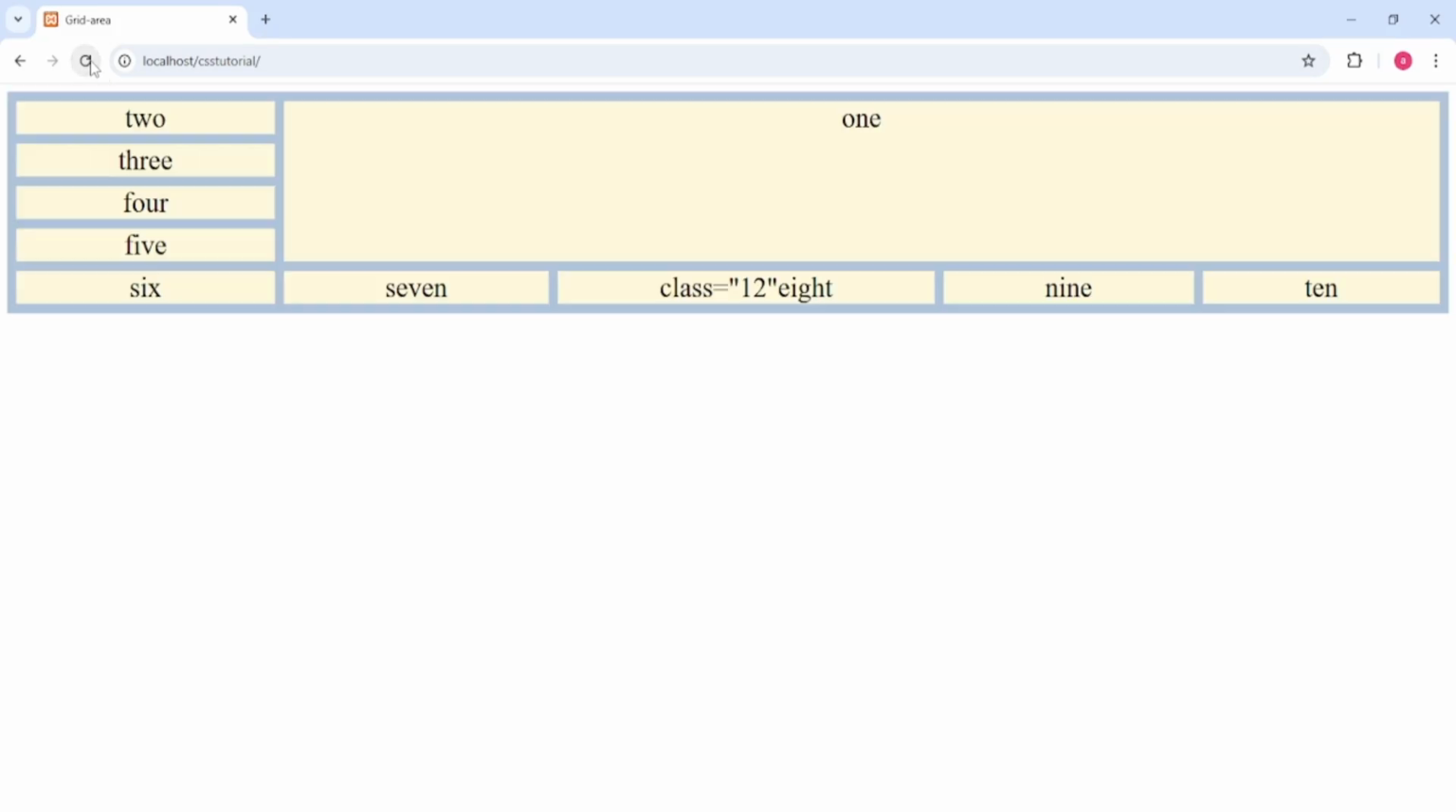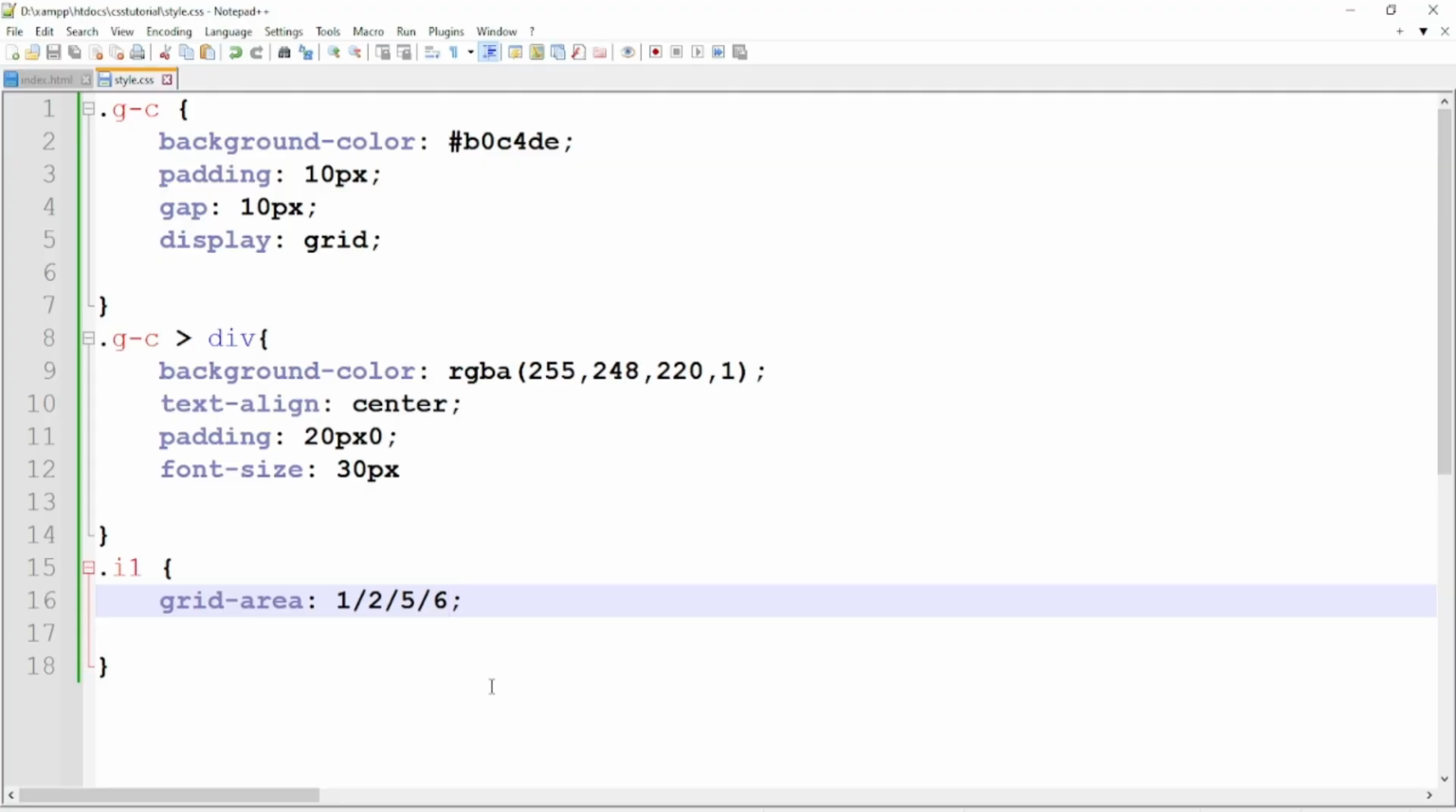Go back to the browser and reload the page. Item 8 starts on row line 2 and column line 1 and spans 2 rows and 3 columns. So we will use instead the number 2 / 1 / span 2 and / span 3,